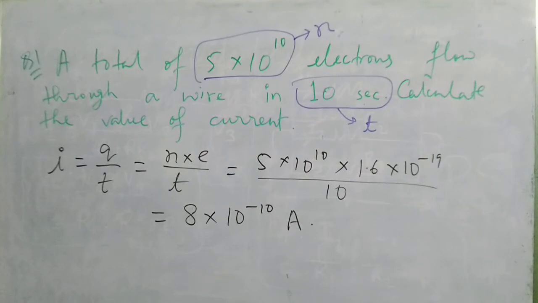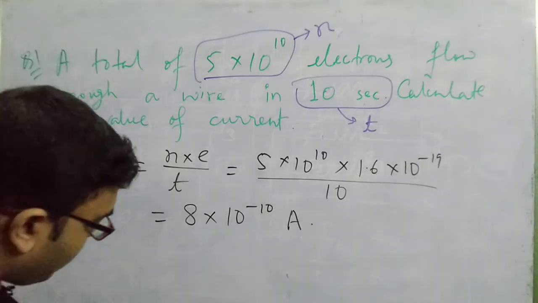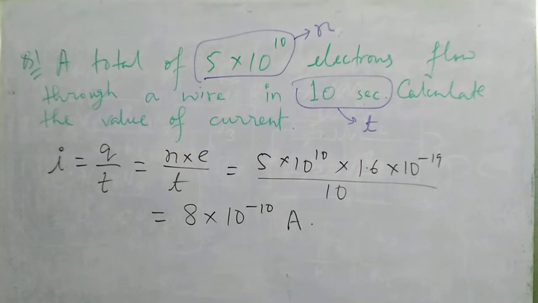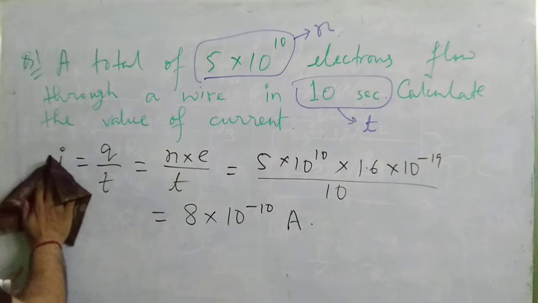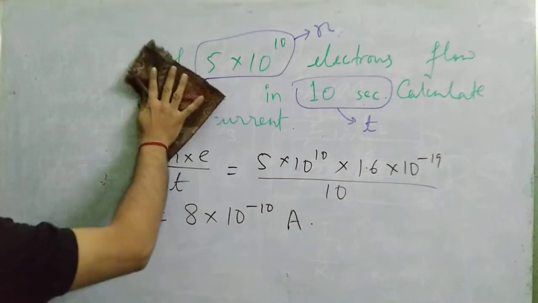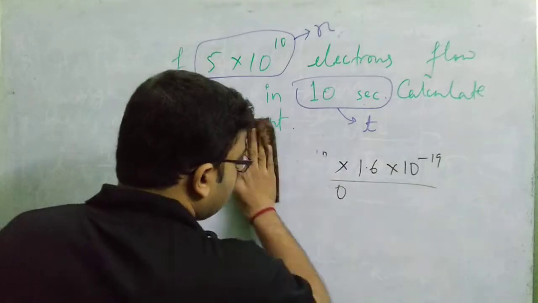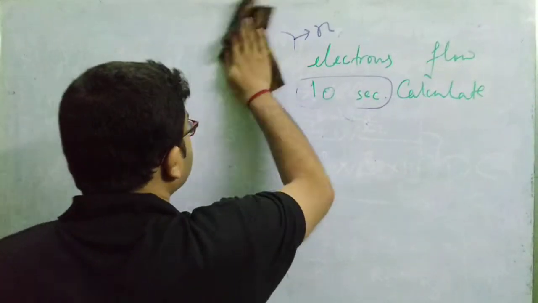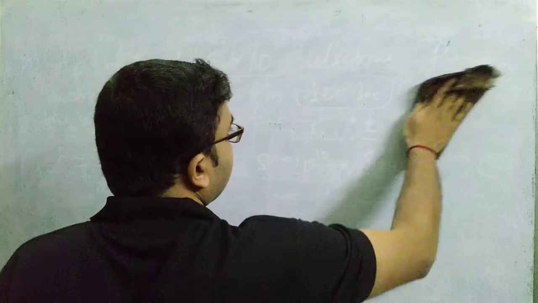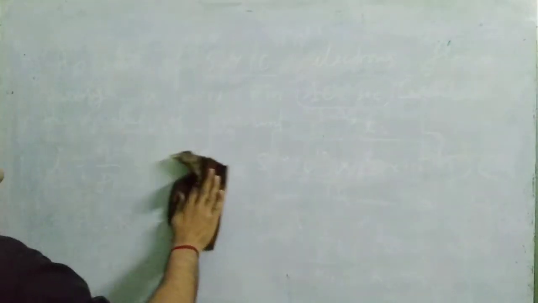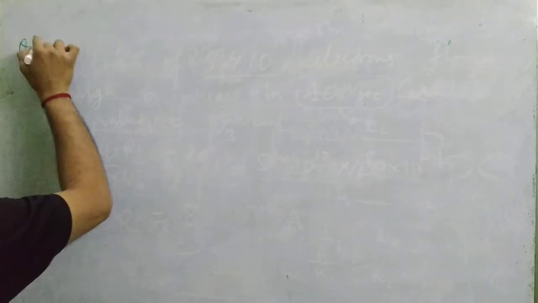Okay, so is it clear? Okay, very good. Now let us do a problem on combination of resistors. I think you have noted down the problem. If not, please pause the video and note down the problem. I'll be happy if you just understand the concepts first and then do the problems. Please don't memorize the problems and repeatedly ask me again and again; do understand the concepts to solve the problems. Okay, now coming to question number 2.